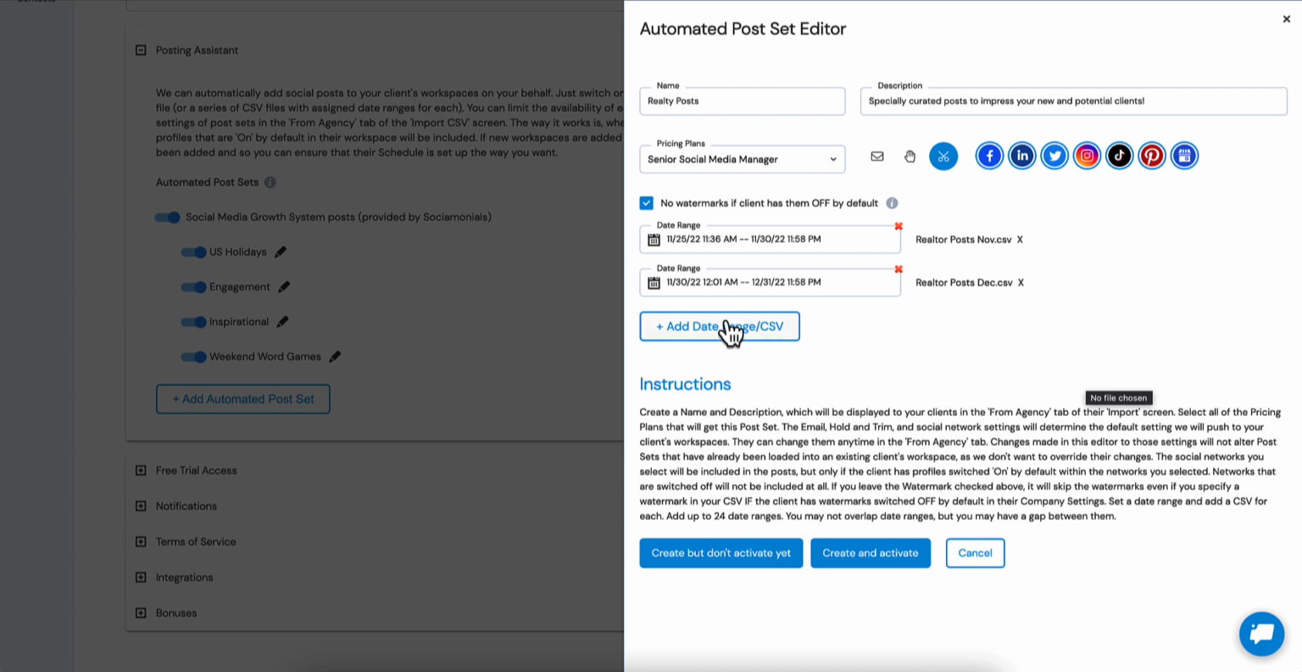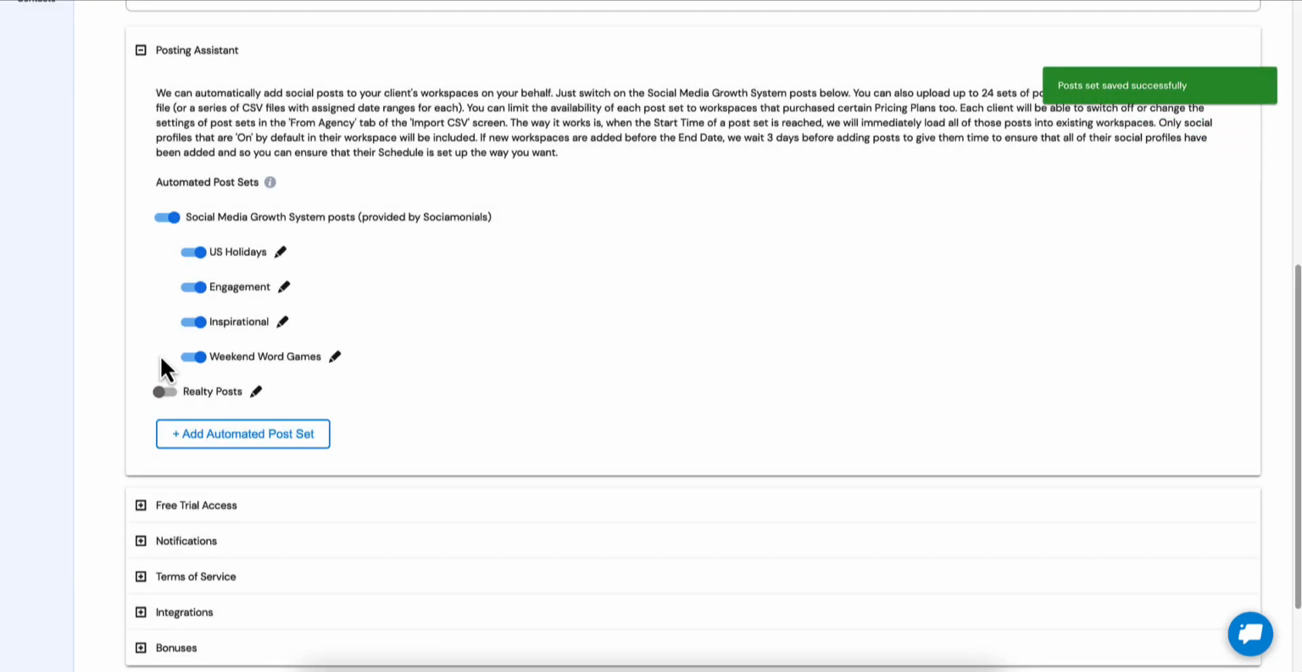So you can add up to 24 different date ranges. So you can schedule basically the next 2 years and then you're done. There's 2 choices. You can create but don't activate yet. You can create and activate. So what I'm going to do is create but don't activate yet because I don't want this to start going